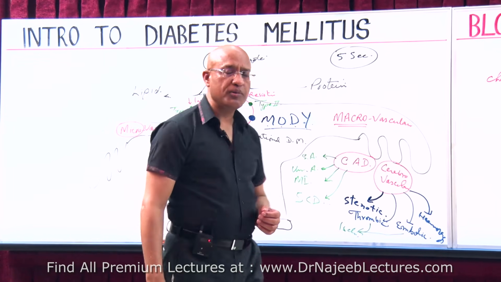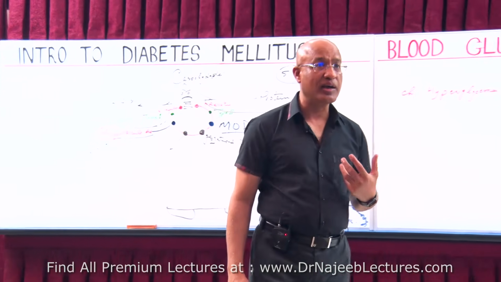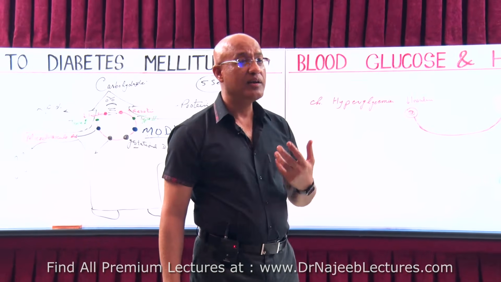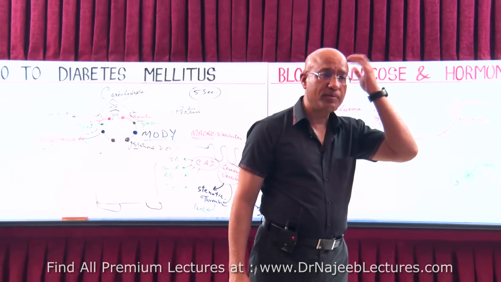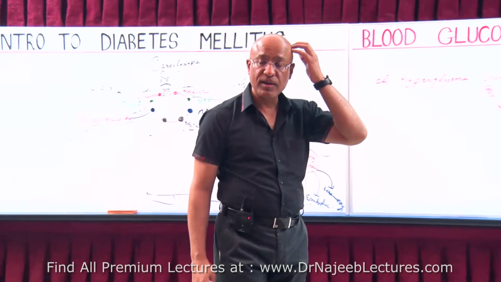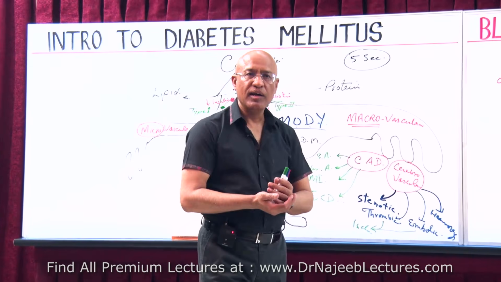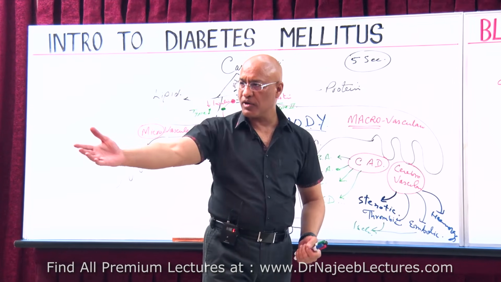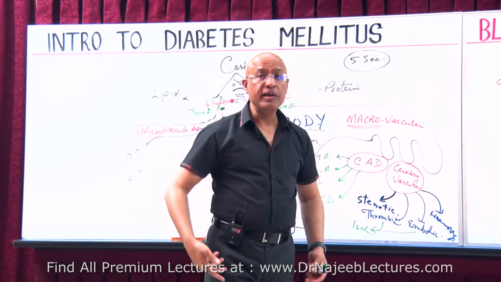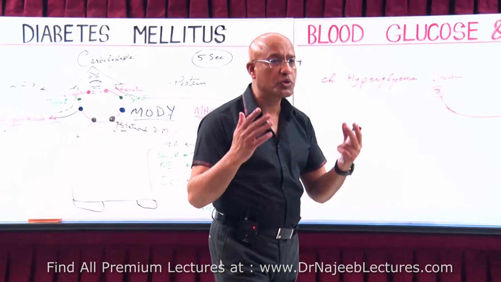So diabetes has so many ways to kill you. It can kill you by producing heart attack, myocardial infarction. It can damage you by producing what? Yes, producing CVAs. Then, can you tell me some more large vessel disease? Yes, doctor? Peripheral vessel disease. Peripheral vessel disease we should not forget,